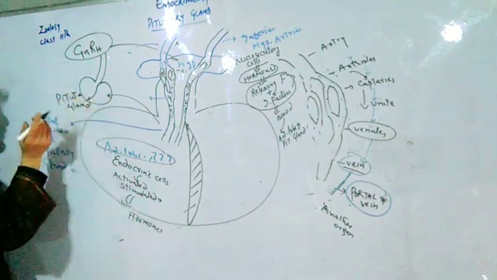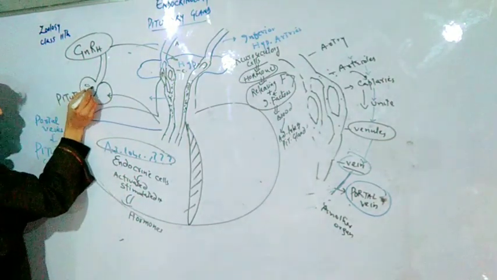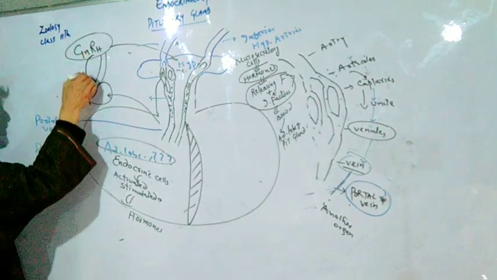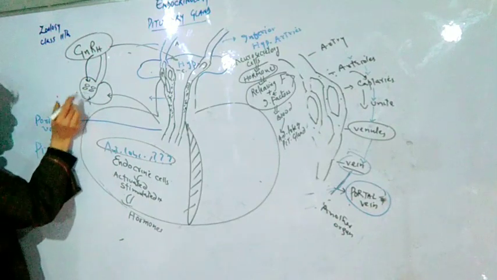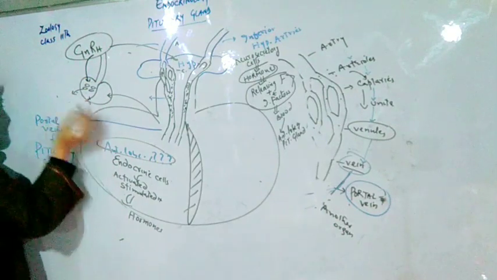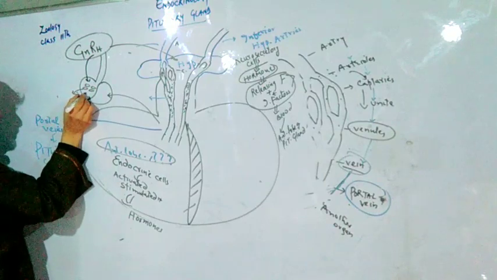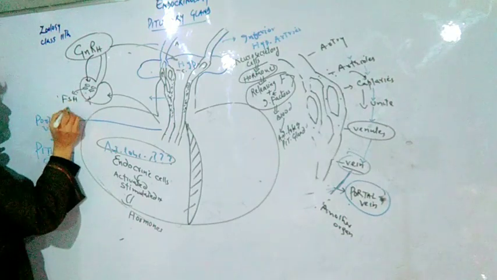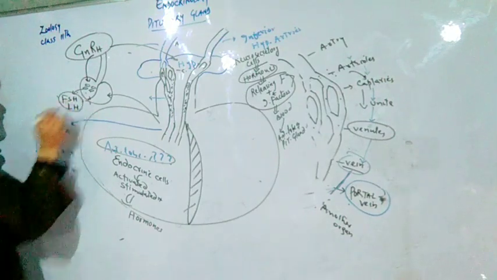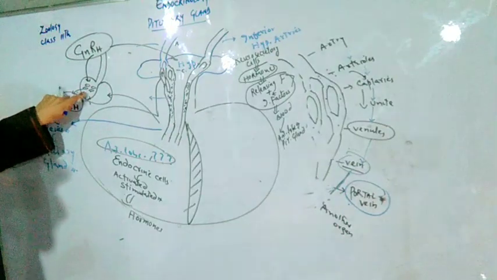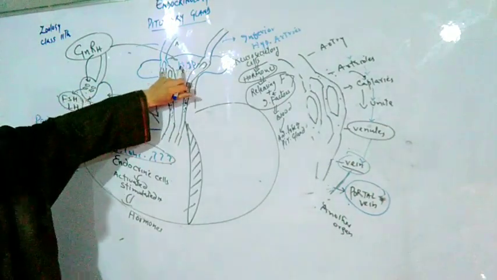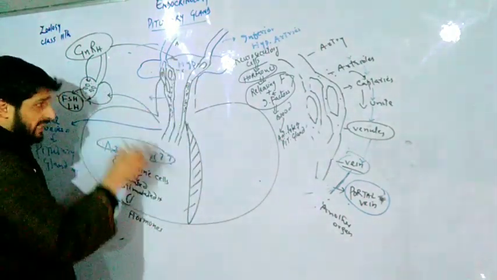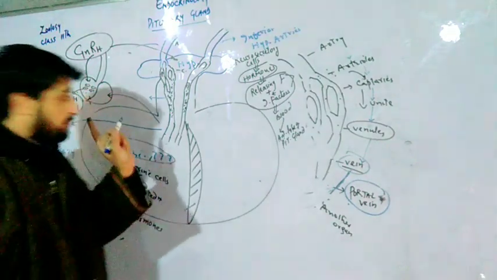In the anterior lobe of the pituitary gland, there are special endocrine cells. When these endocrine cells get activated due to this hormone, they produce their own hormones, for example, follicle stimulating hormone FSH and LH. These are the hormones produced from the pituitary gland only after getting a signal from the hypothalamus. So I told you that the hypothalamus is connected with the pituitary gland, firstly,